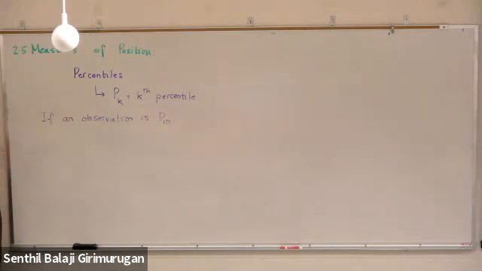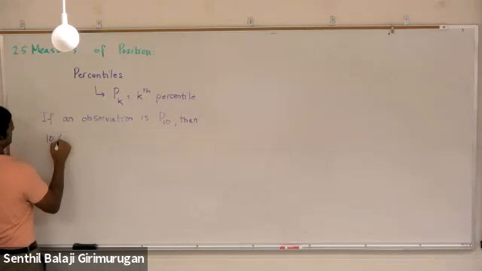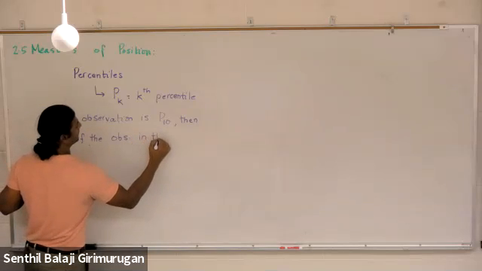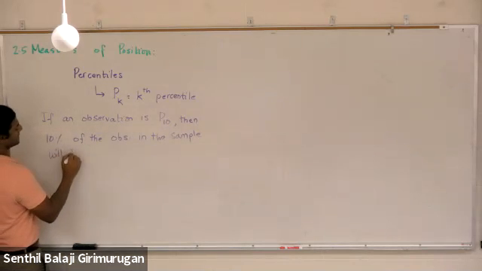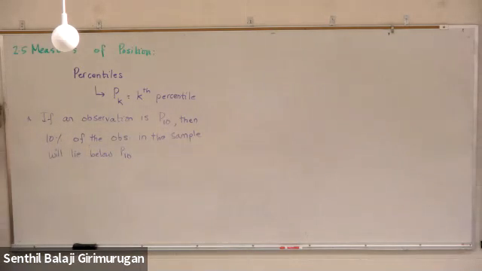If an observation is P10, in other words, 10th percentile, then 10% of the observations in the sample will lie below P10. So if I called some observation to be P10, then 10% of the observations in the sample must lie below